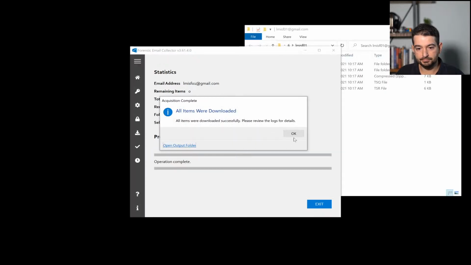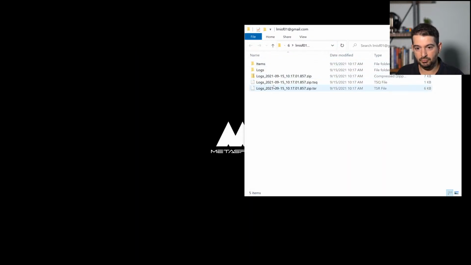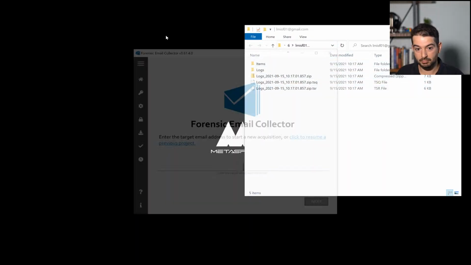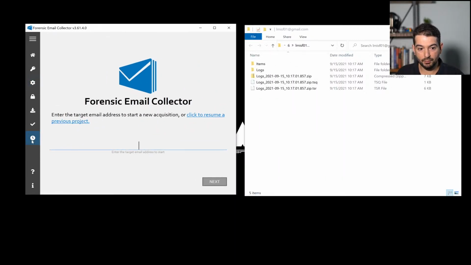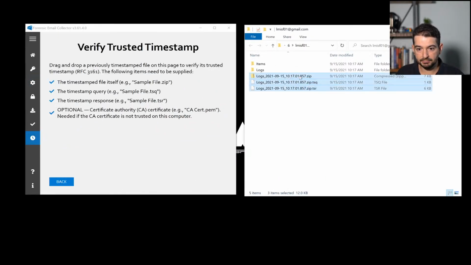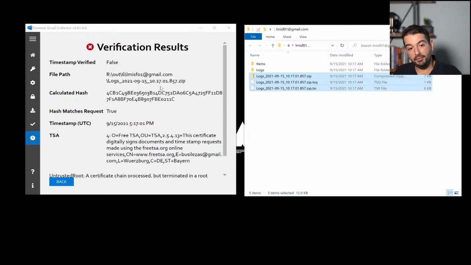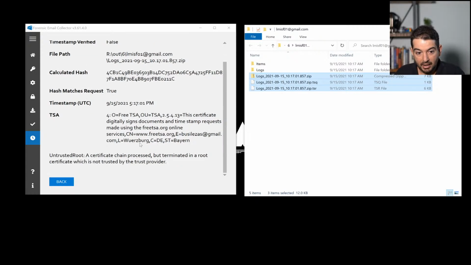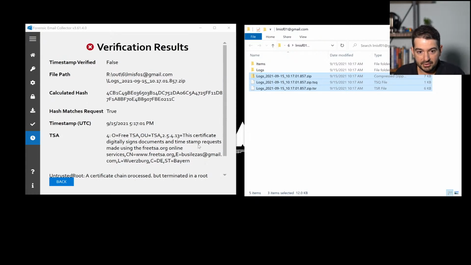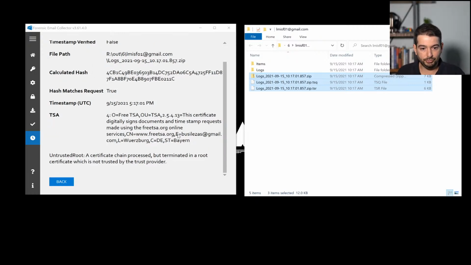All done. All right, so we got our logs again and our trusted timestamp. So if I drag these three over, now the verification results say false, it's not verified. And if you look, the hashes match, everything looks good, we got the timestamp, but at the bottom we have a message that says certificate chain processed but terminated in a root certificate which is not trusted by the trust provider. So in this case the issue is this, FreeTSA is using a certificate root that is not trusted on